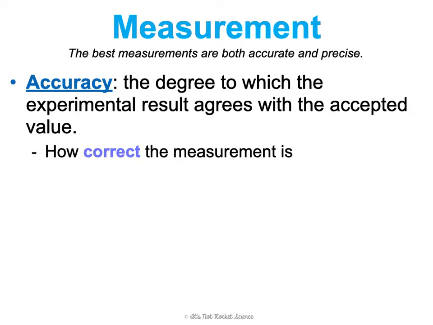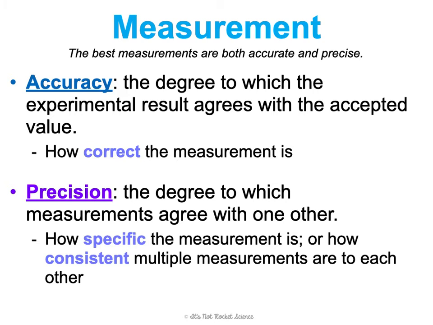When we're talking about precision, we're talking about how consistently something happens in the same location, or the degree to which measurements agree with one another. So, how specific is that measurement? Or how consistent are the multiple measurements